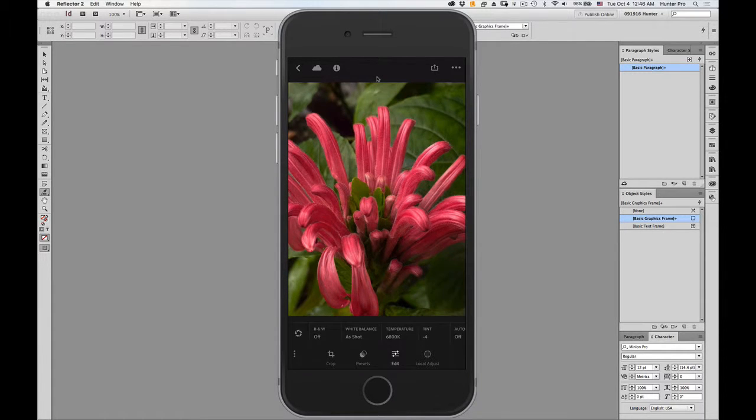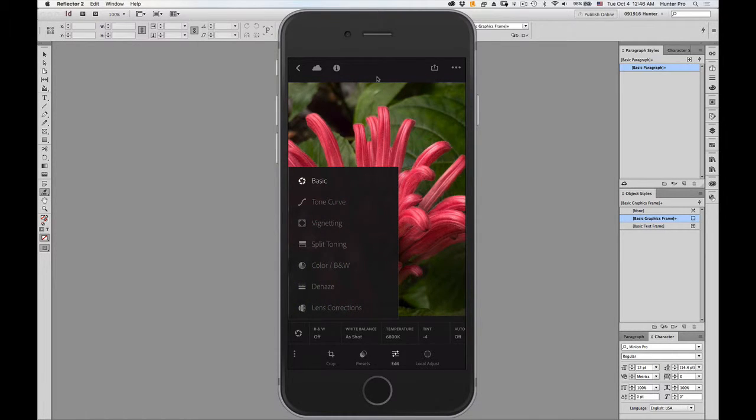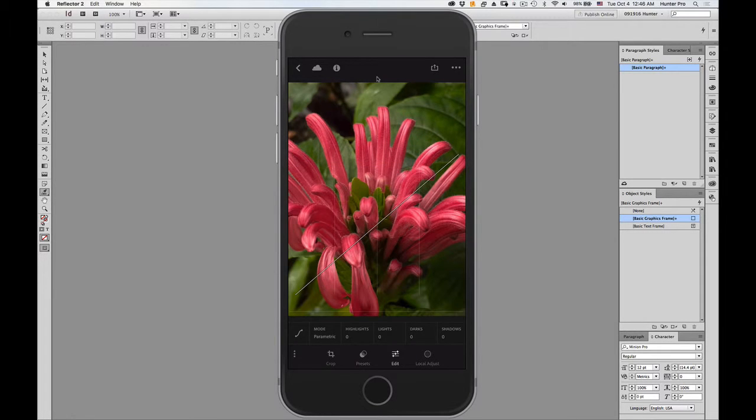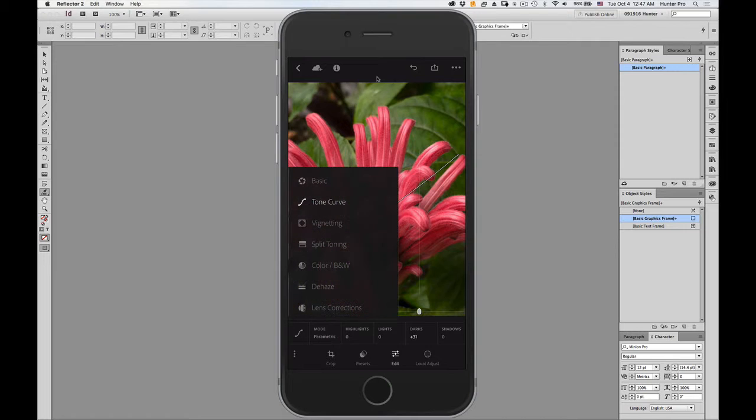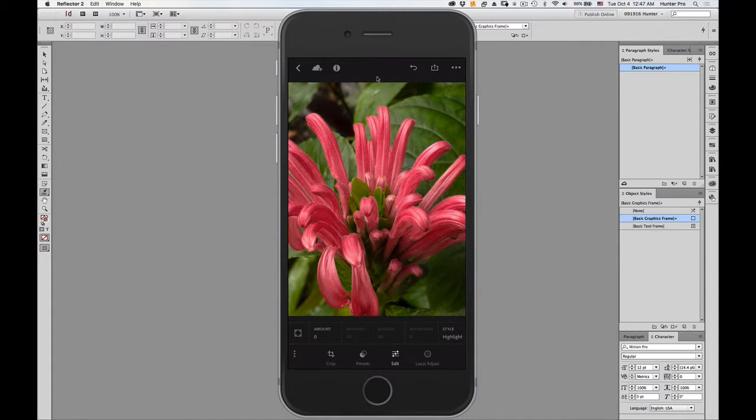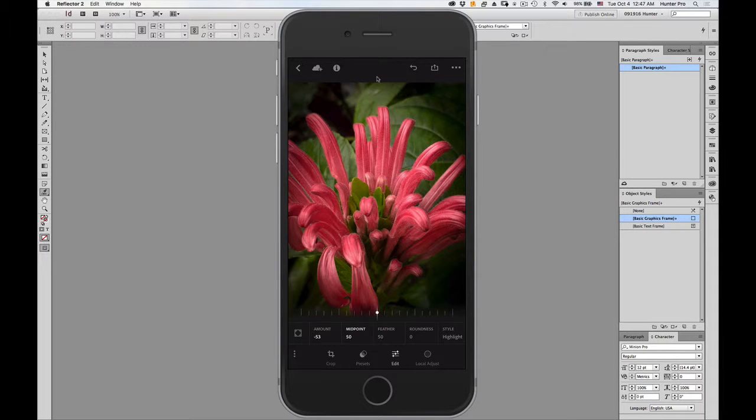So I'm going to click on the edit button, and you can see down at the bottom you have a lot of basic and beyond basic editing that you can do. So here's the basic panel, and I can work with the tone curve. I can increase or decrease the exposure of the image just by using the tone curve. I can also apply some vignetting, and let's see if I click the amount, and I can change the midpoint. I can even feather,